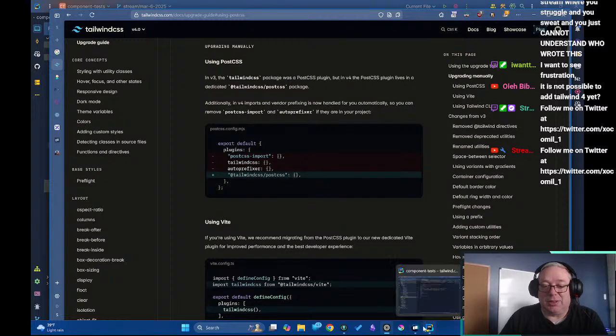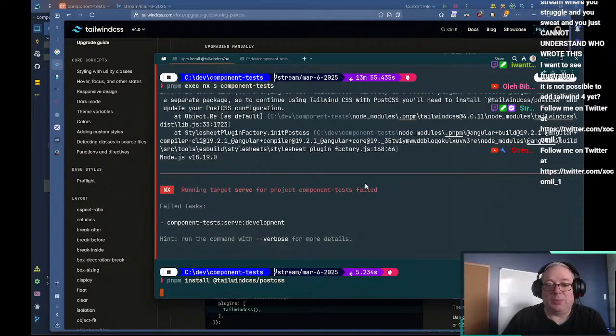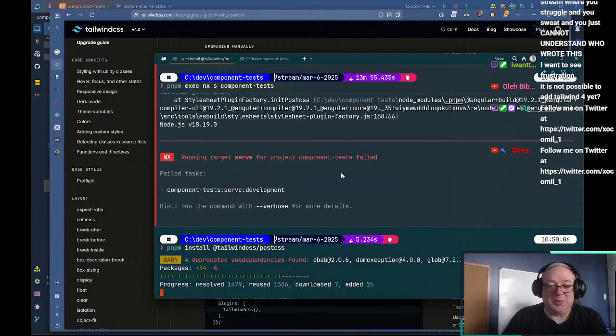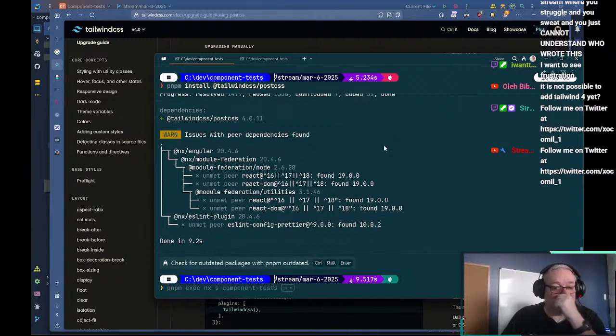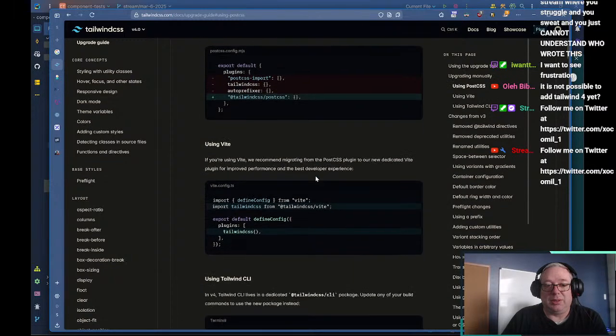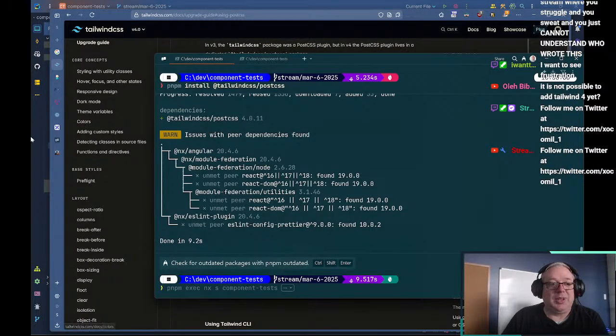So we do need to install the Tailwind CSS PostCSS plugin. We'll get that installed. And you're getting the frustration that you saw before. But I do want to see if we can get this done. So that adds that. And then in the postcss config.mjs, I don't believe I have a postcss config.mjs. I believe